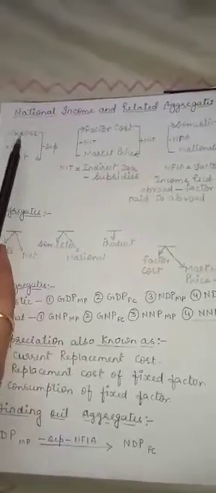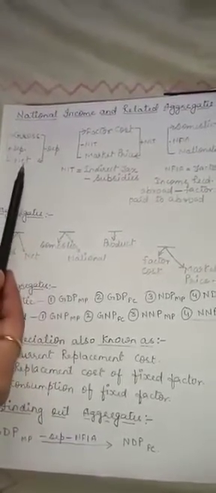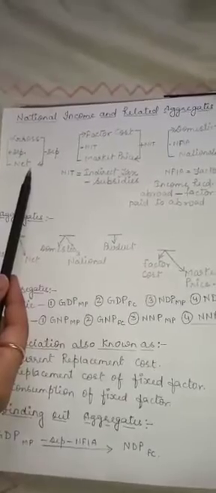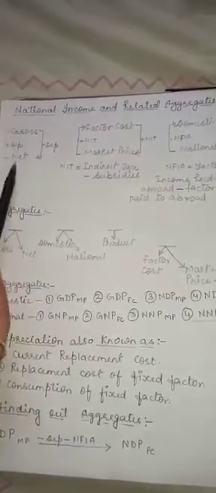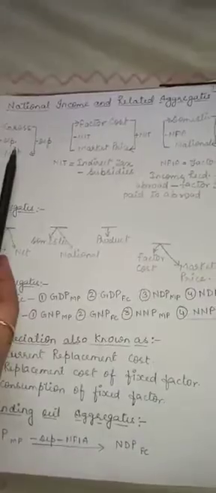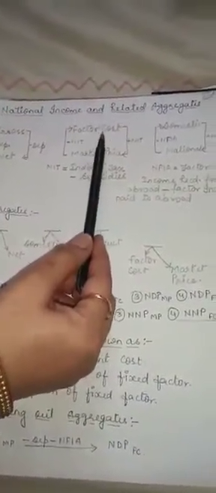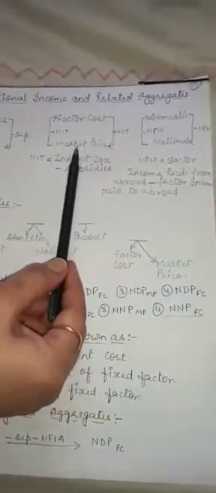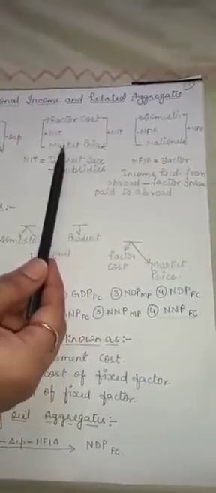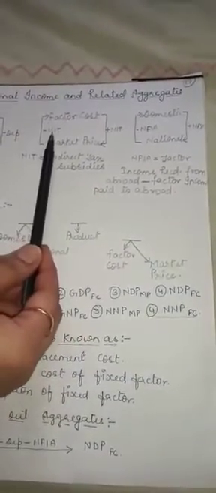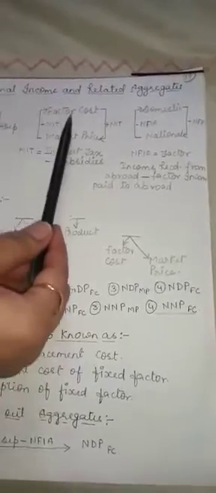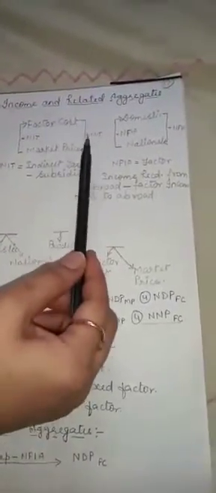The first one was: gross minus depreciation, we'll get net, and in order to get gross from net, we have to add the depreciation. So that was the first one. The second formula was factor cost. When we add net indirect taxes to factor cost, we will get the market price, and from market price, when we deduct NIT, that means net indirect taxes, we will get the factor cost. That was the second one. And the formula for net indirect tax was indirect tax minus subsidies.